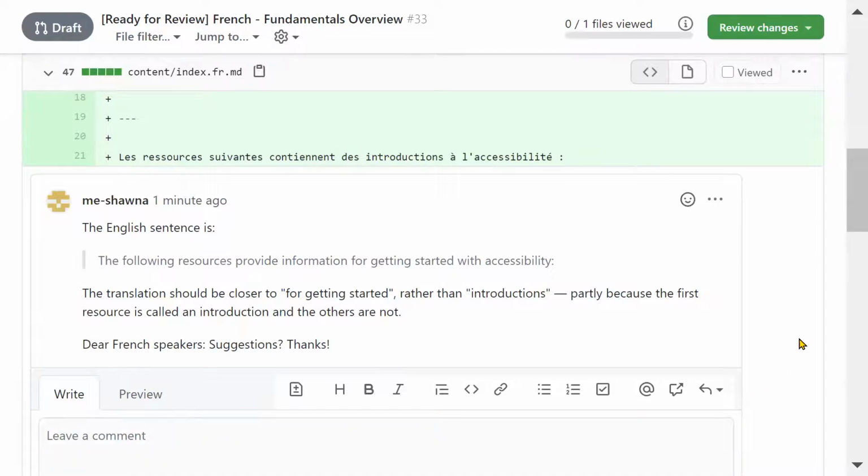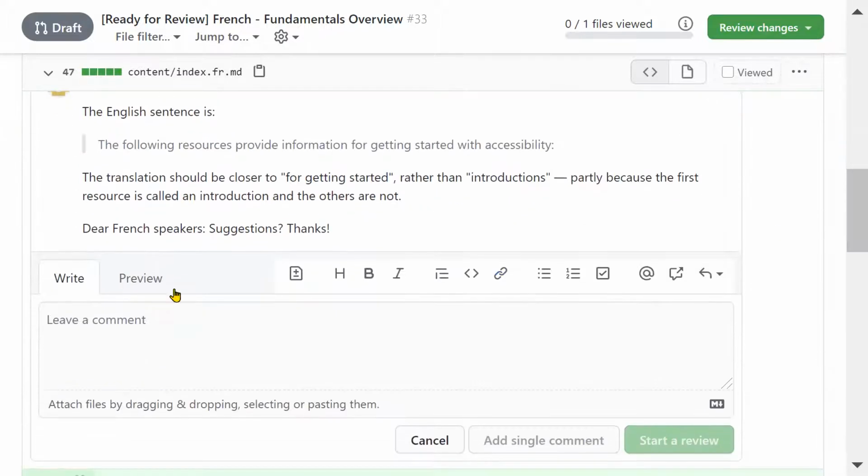You can also, just for a quicker thing, add an icon. So there's a little smiley face, and you can just pick a thumbs up icon, plus one, if you want. So that's an option that you can do as well. Or type in a comment and then select add single comment.